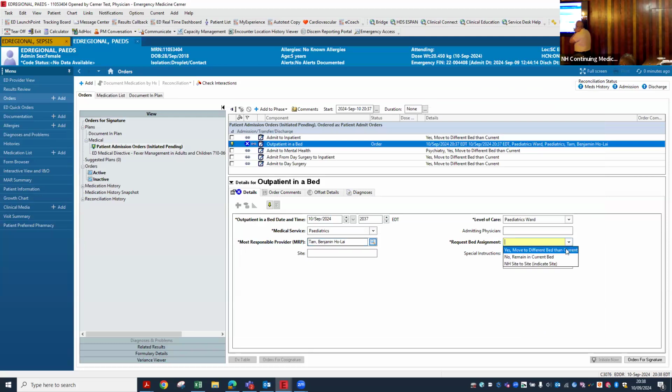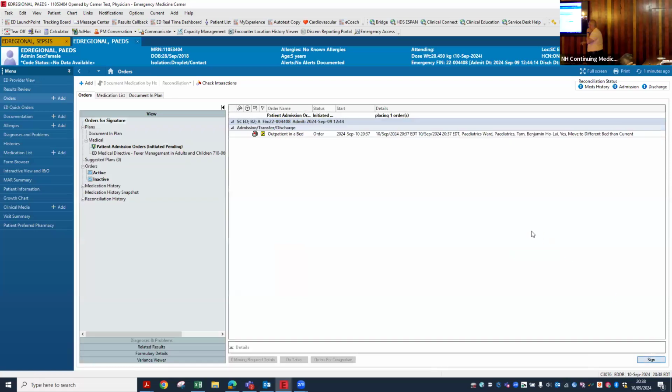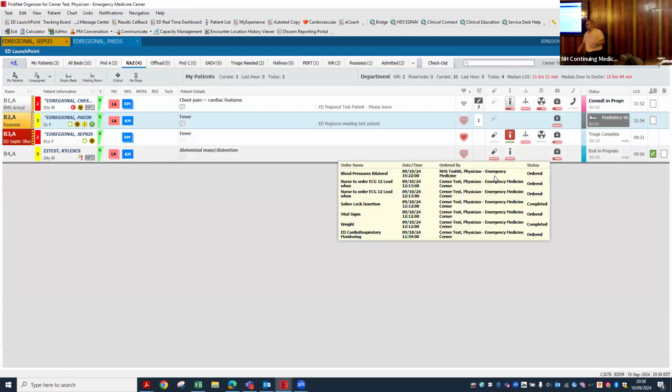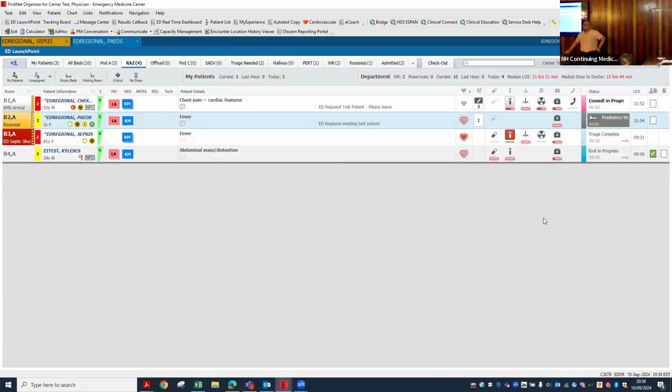Request for bed assignment, yes or no, remain in the same bed, so we wanted to move to that bed. There you go, and if it's a different site, it indicates a different site and which site. Let's sign the order. So that is your admission order to pediatric CDU. It's an outpatient unit, and this passes over